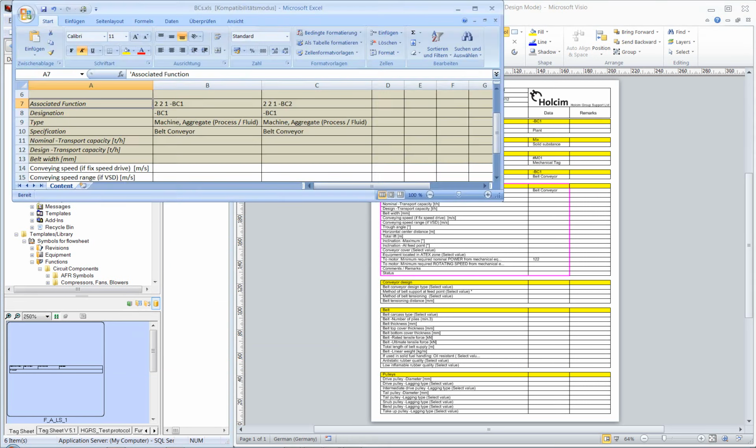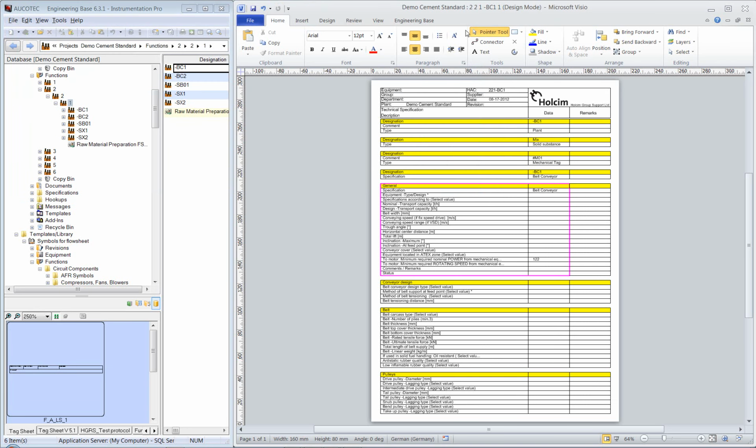We can open the Excel sheet and we can see that we can type in some more technical information. We just need to save this,